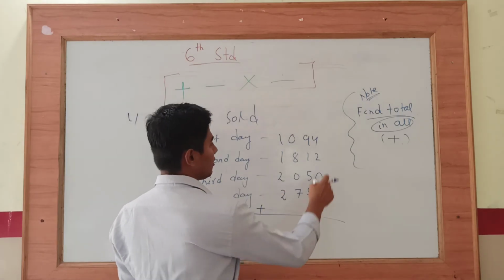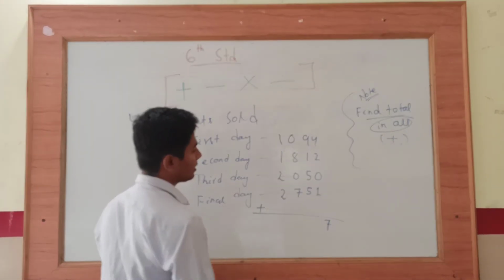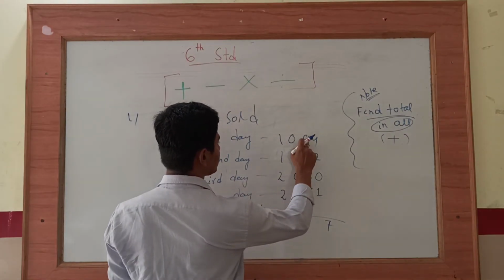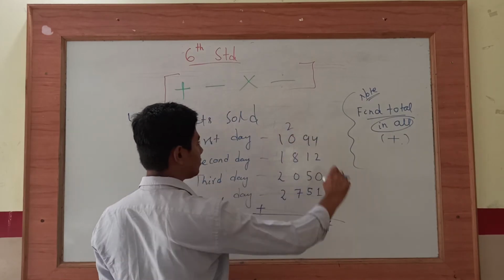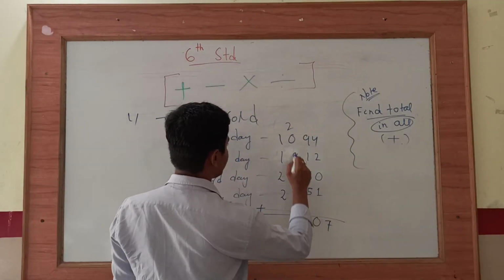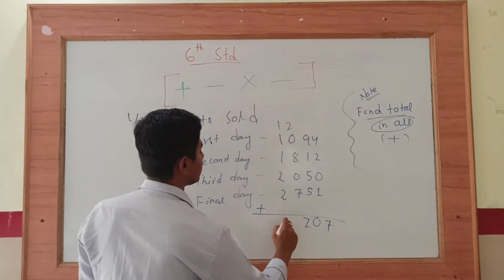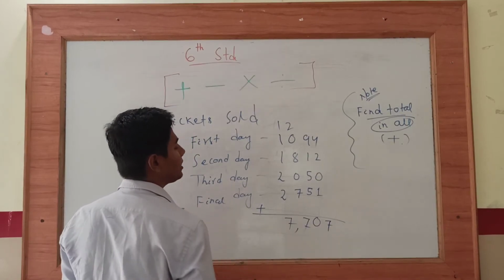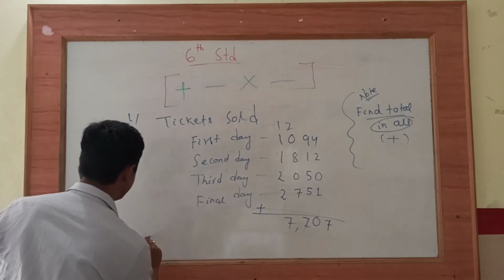Now add it. 4 plus 2, 6, 6 plus 1, 7. Am I right? 5 plus 5, 10. 10 plus 9, 19, plus 1, 20. Here 0, carry 2. Now 8 plus 2 is 10, 10 plus 7, 17, carry 1. 2 plus 4, 6, 6 plus 1, 7. So then the total is 7,707. So now you write therefore